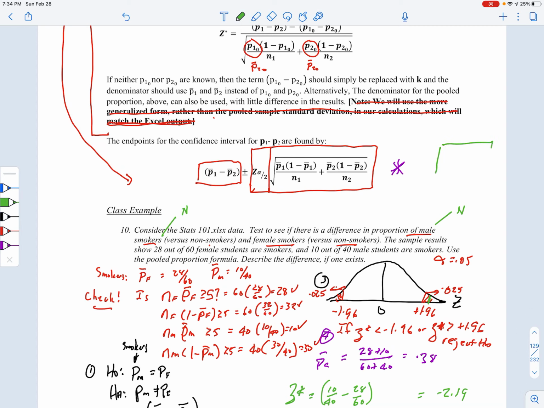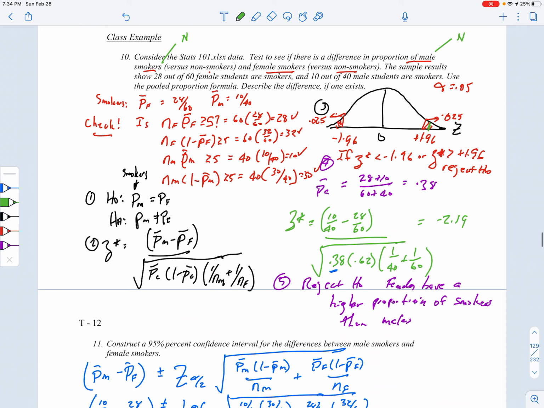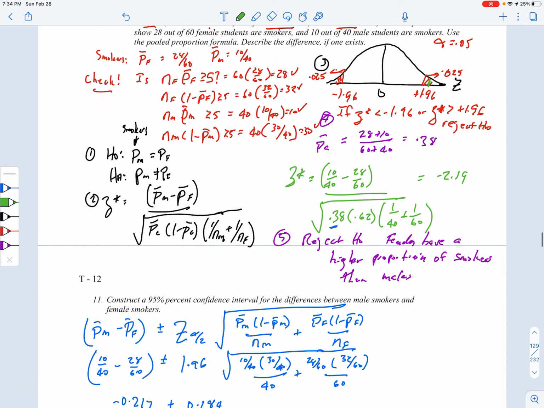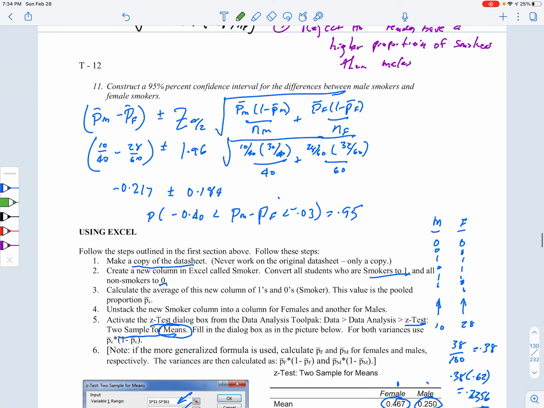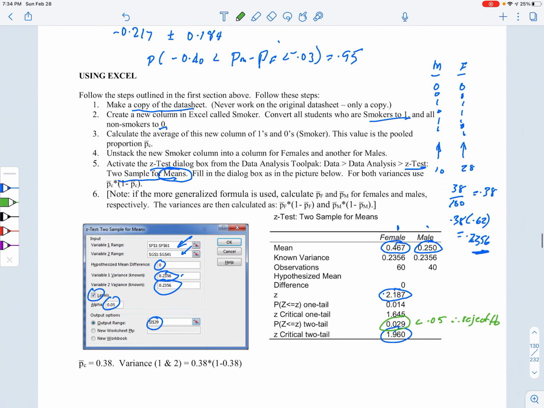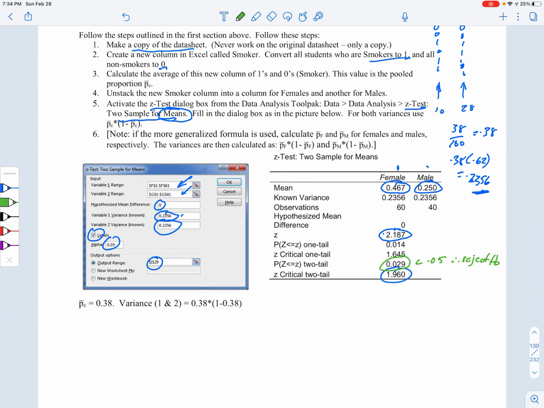Why couldn't you just simply do this as a little 2x2 contingency table? So you've got females and males, and smokers and non-smokers. And what you would find out, actually, is that the results that you get are exactly the same. So if you did this as a chi-square test, you would find out that the